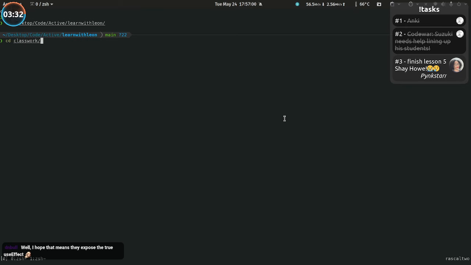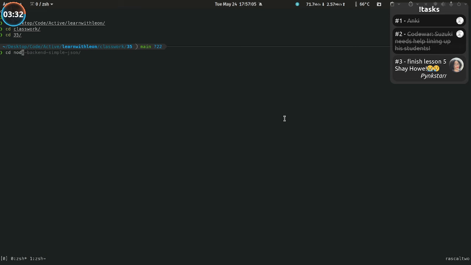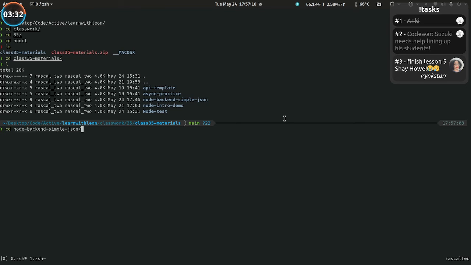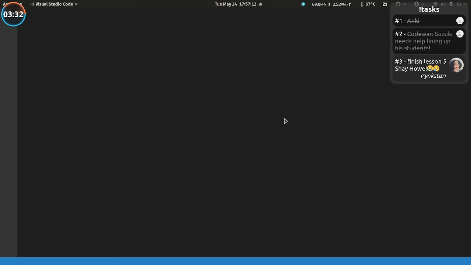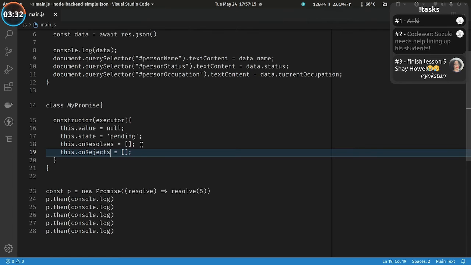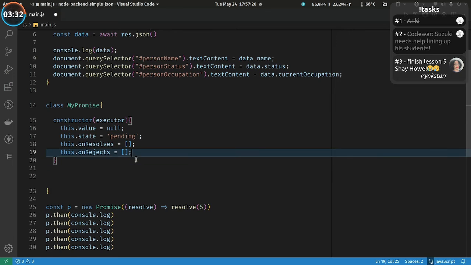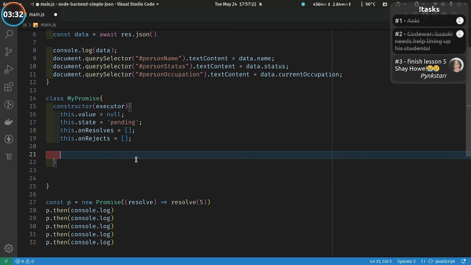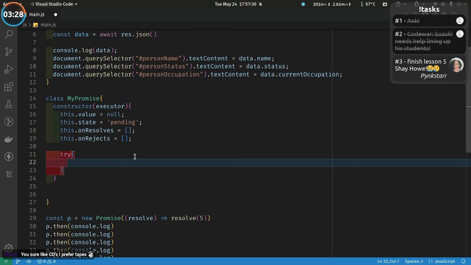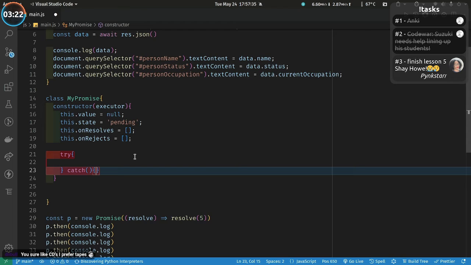Learn of Leon, class work, cd 35, cd promise, cd node, ls, where am I? cd more, cd more. Here we go. And yeah, we'll finish up this little promise thing I want to check on. Essentially, the way this is going to work is, this is our executor, kind of like how real promises are. Let me turn that on. So we're going to try to call executor with essentially a